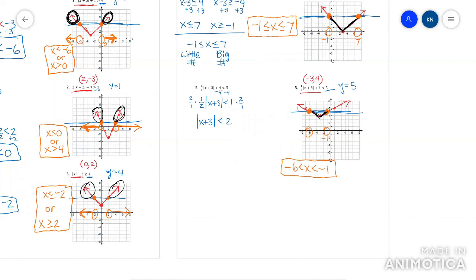Now that the bars are by themselves, I could write it twice, once as is, once times -1, which flips my inequality. Solve each one. So I got x is less than -1, x is greater than,